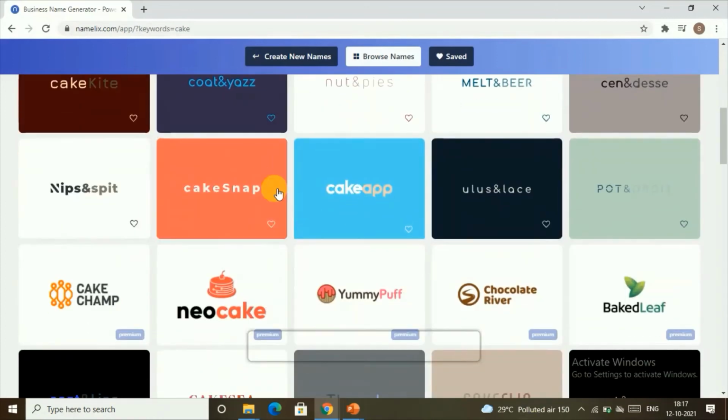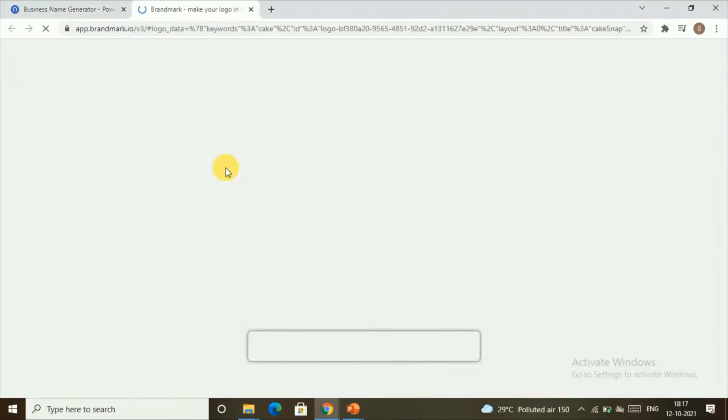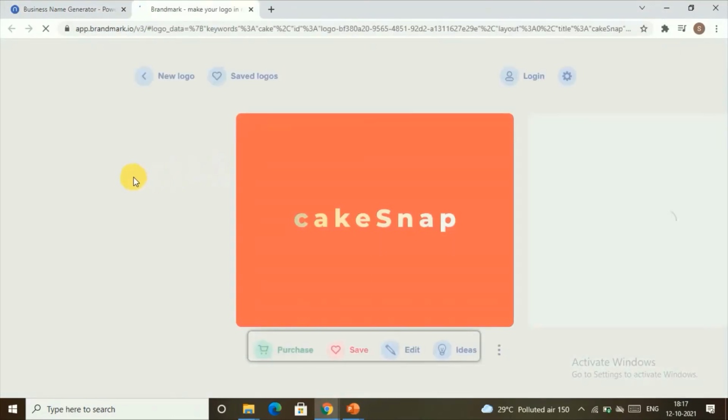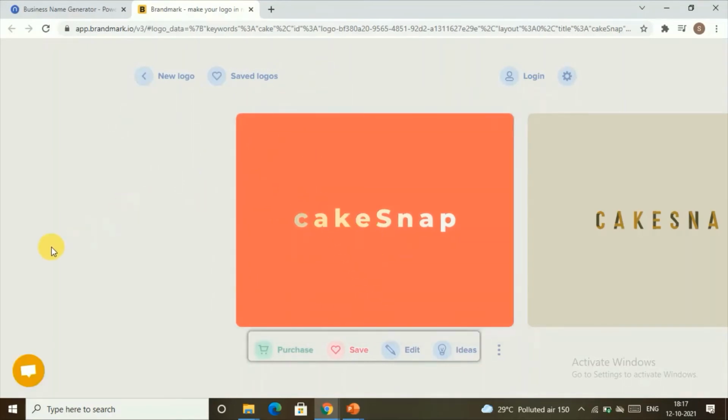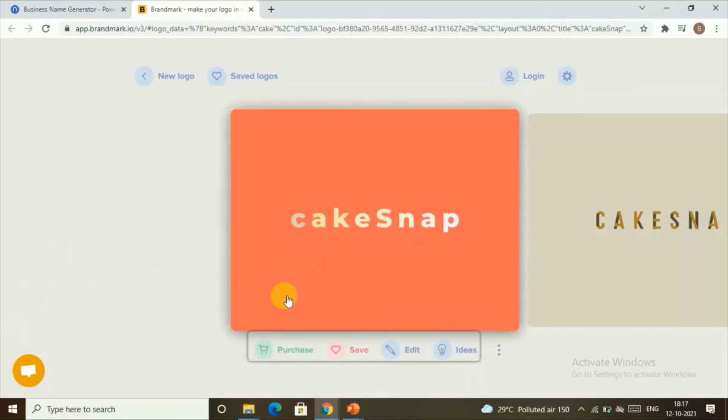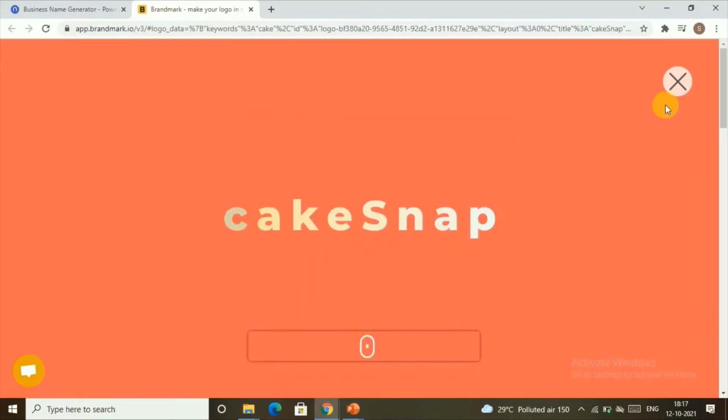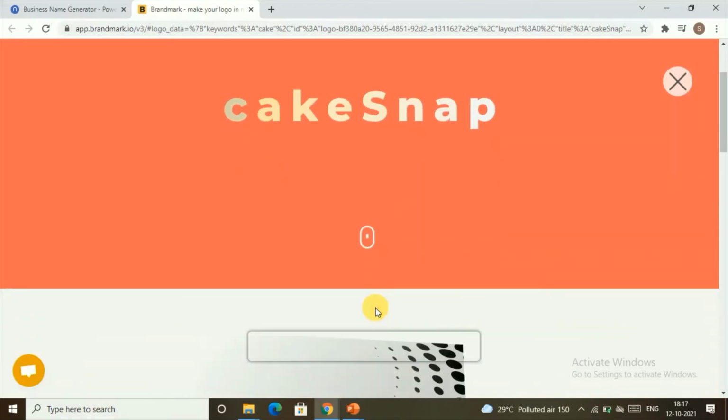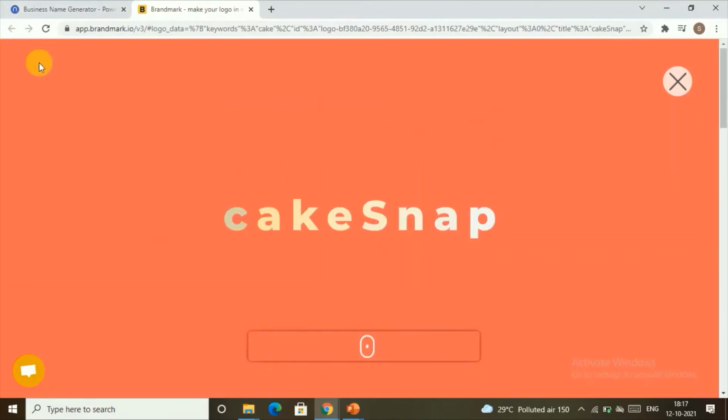So let's say I like this, the cake snap one, so just click on it. After you pick, it's good to check if the domain name is available for the brand name, so that your company website can be in the same name as your brand name. So let's say you like this, and this is how it looks. So you like it, and then let's go back